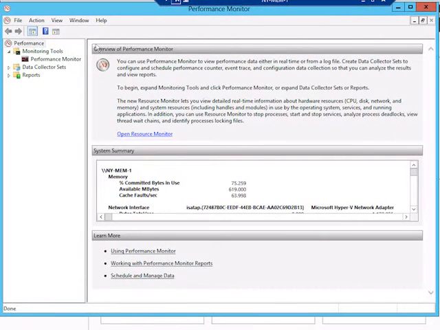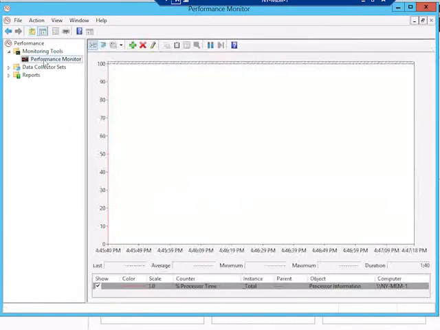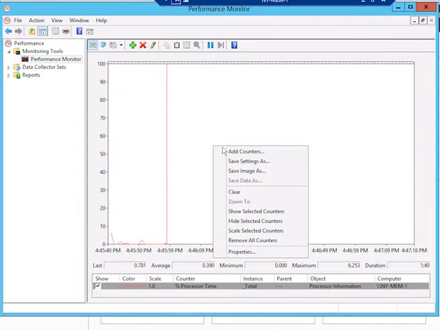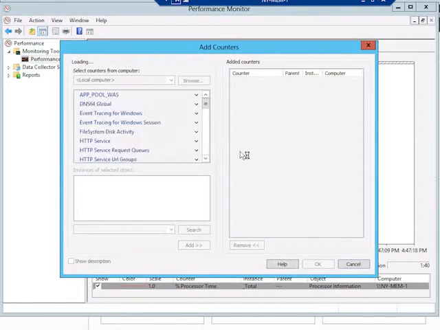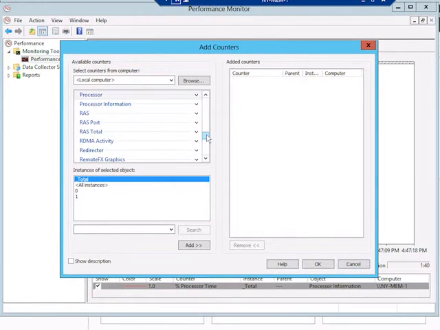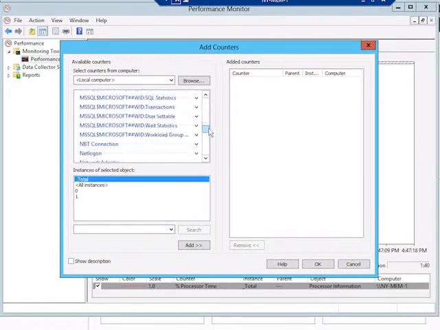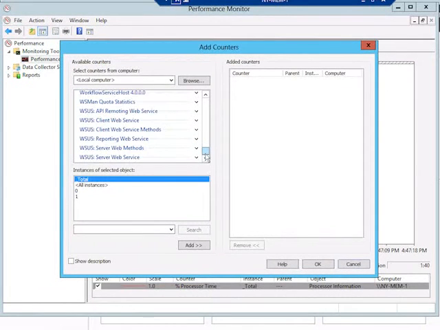So basically, you'll see here that we have our basic monitoring tool, Performance Monitor, and we get a big blank window. Well, actually, it's not completely blank. You'll notice here that percent processor time is there, and it's also looking specifically at this computer, NYMEM1, and we get this chart that's being created, and we can watch this real time and see what's going on. But we could take that a step further. If I right-click and select Add Counter, you'll see here that there is a huge list of counters that we